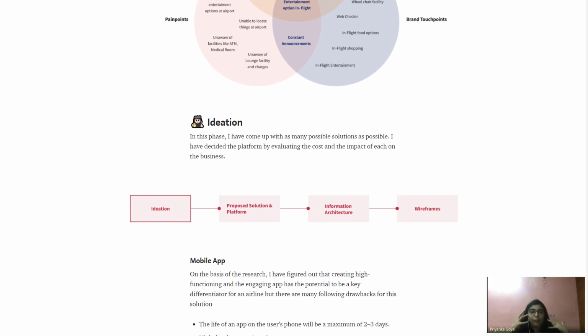Then comes my ideation. I have spent enough time understanding my user, I've spent enough time doing research, and then I have jumped to ideation. When I'm doing ideation, I'm trying to focus on a realistic approach. I'm not trying to add the empathy map, I'm not trying to add the affinity map, because these are things which we generally don't do in our day-to-day projects. Rather, I try to go with the approach which is more realistic for any design company or any product company.